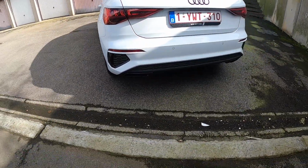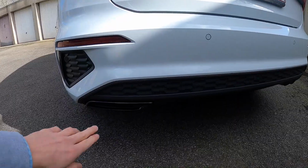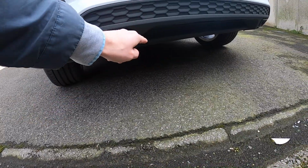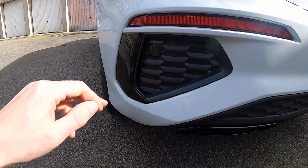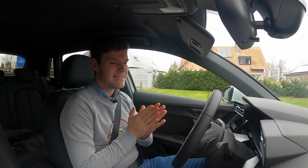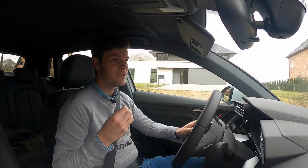And then at the rear of the car, it's kind of the same story. So you have these exhausts here in black. Well, it's not the exhaust though, because the exhaust is underneath, because this is fake. This is also typical for the S-Line. The car has the design of a really nice sports car with the S-Line,